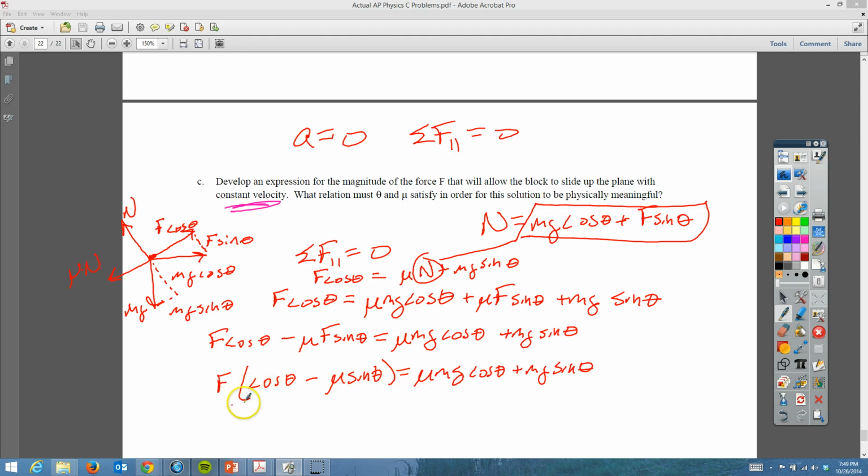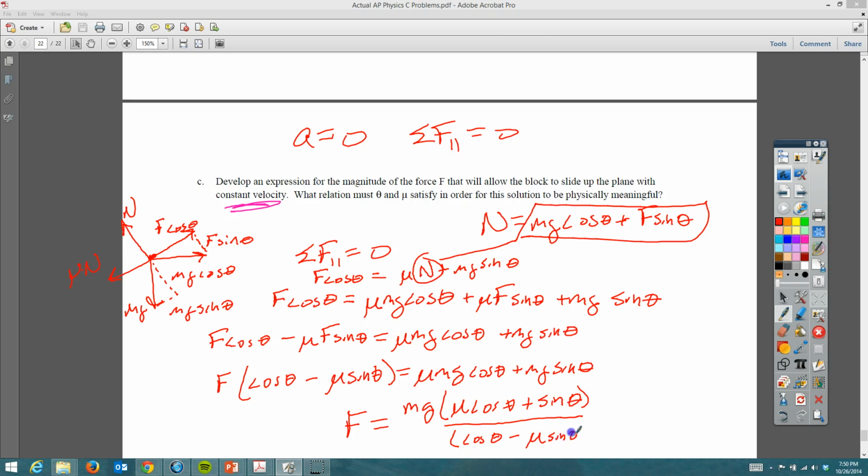Now what we're going to do is divide both sides by cosine of the angle minus mu sine of the angle, and we are going to factor out the mg's. So our final equation is, we've got mg factored out on the top, and then we have mu cosine of the angle plus sine of the angle, and that is divided by cosine of the angle minus mu sine of the angle. So now we've got that expression, but it says for part C, what is the